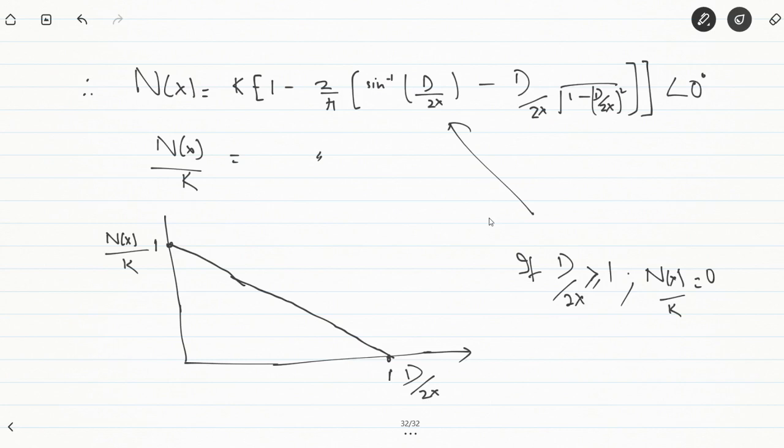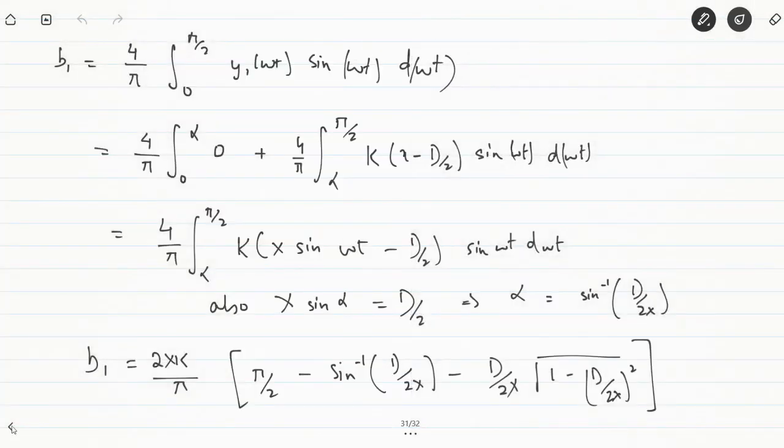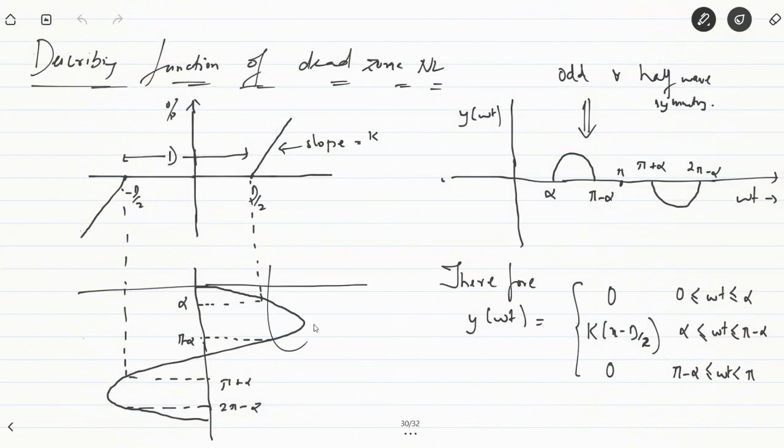So if the amplitude of the input is less than the dead zone, that actually means the amplitude X is less than d by 2. Obviously, this amplitude will never cross into the dead zone,